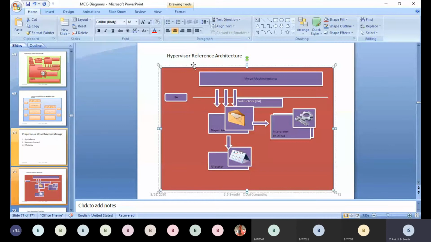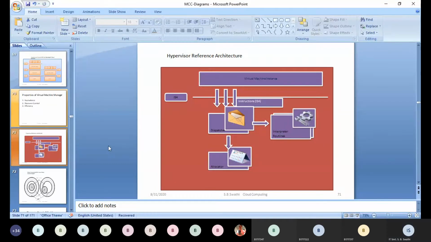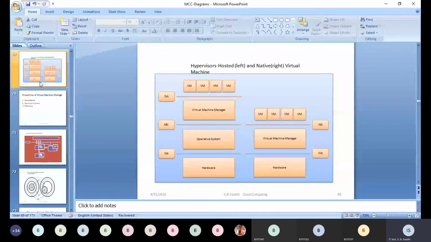Is this clear up to this point, everyone? Are you taking down the notes? So just take down this one. This is the most important one, type 1, type 2. Just take down these three: hardware, OS, VM, and again you take these two. This is type 1 and type 2. Note down this one, and no screenshots.